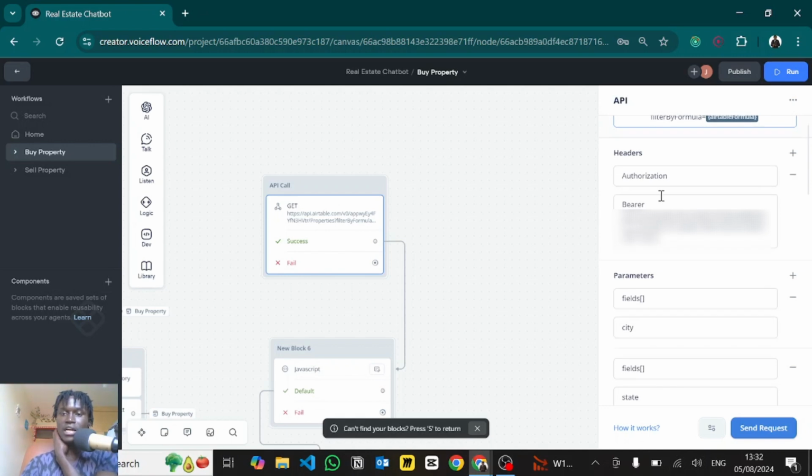So then in the headers, we pass in some authorization. Then you have your access token here. I've hidden mine, but on your side you ensure you paste in your specific access token. Okay,